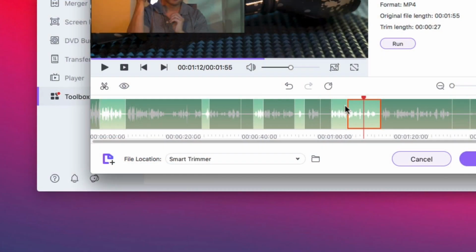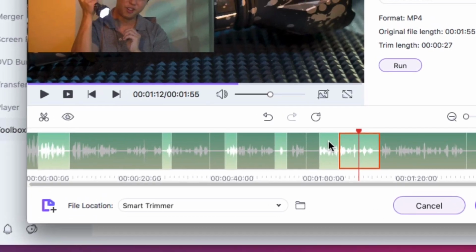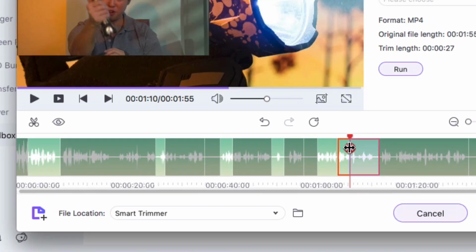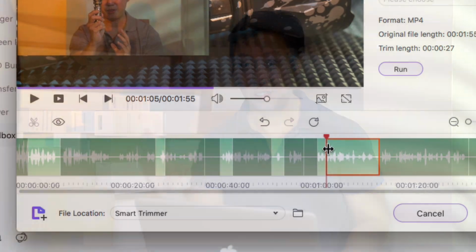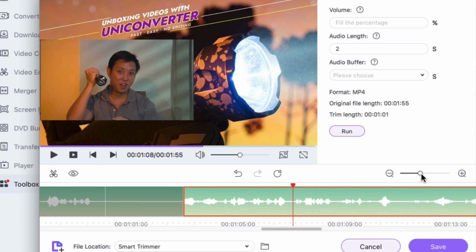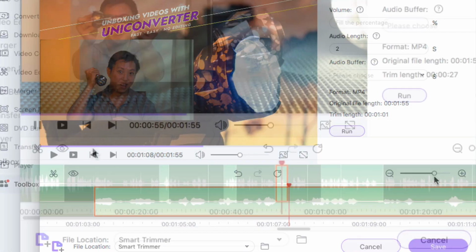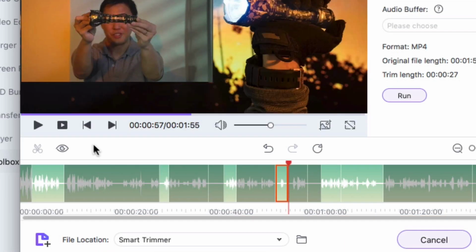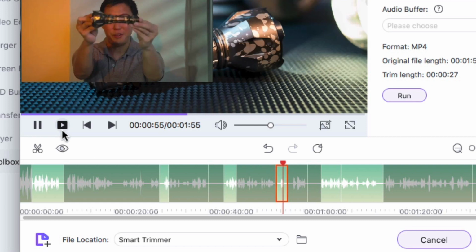To fine-tune or modify your trims, select a segment, mouse over the trim point until your mouse icon changes into a multi-directional scroll icon. Drag either way to modify your trim. Use the zoom slider to magnify your timeline. On the playback panel, the play section button lets you review a selected segment. It looks like my unboxing video has been trimmed and I'm ready to remove the unnecessary parts. But just a couple of steps left.